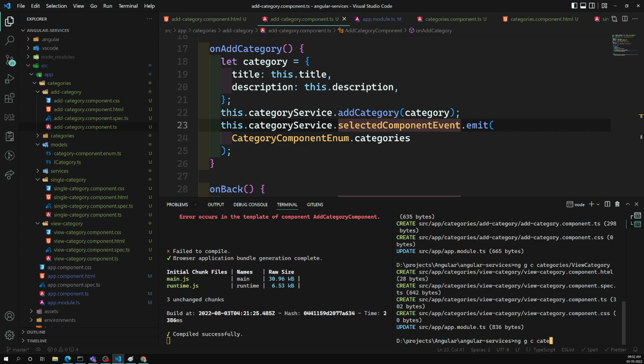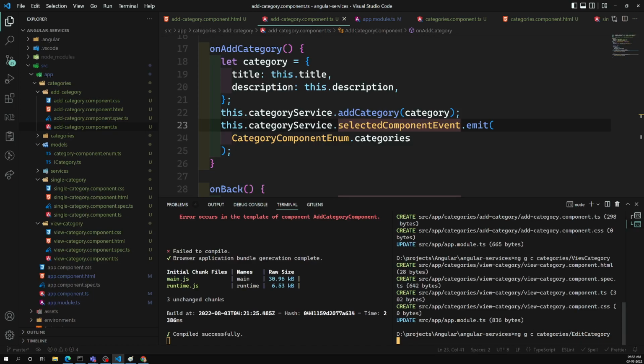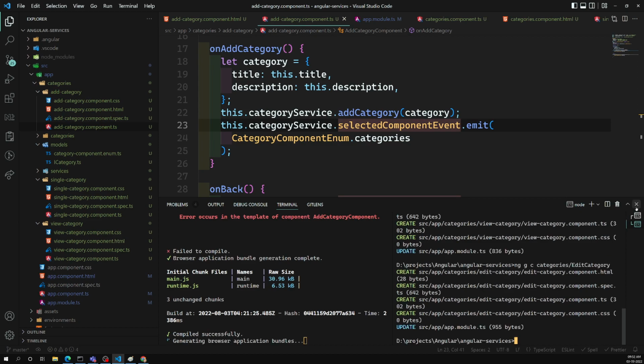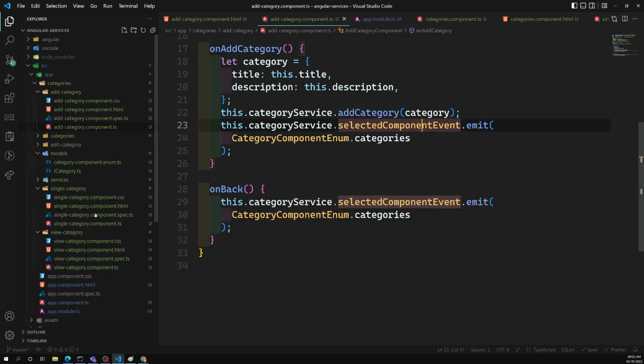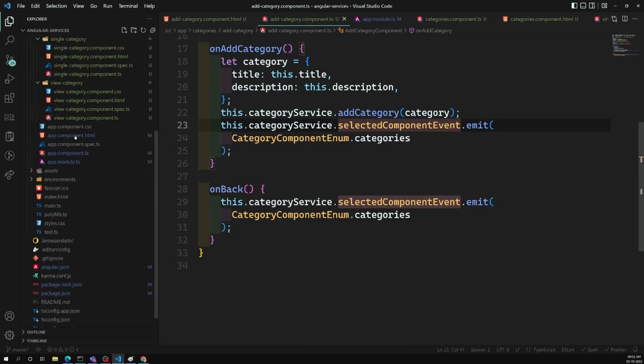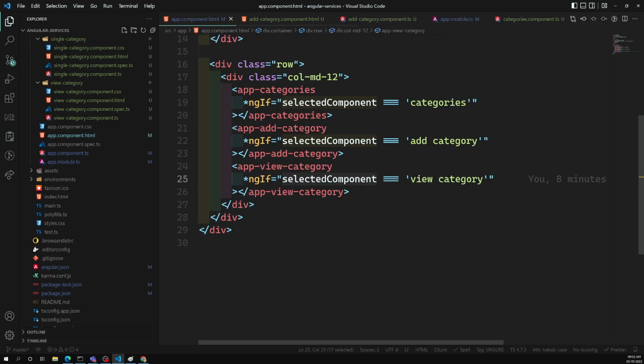ngGC categories, edit category. Okay. So let's try to see the output. So let's try to create a component edit category also. So for this edit category, now what I need to do, let's go to this component.component.html. Here I need to show the edit category. Here I will add